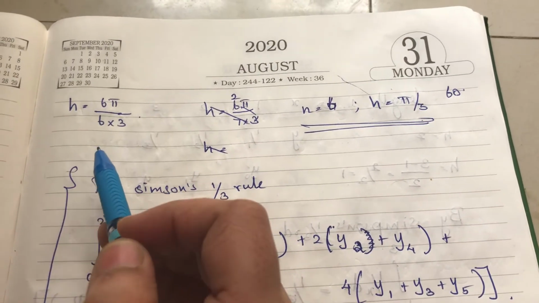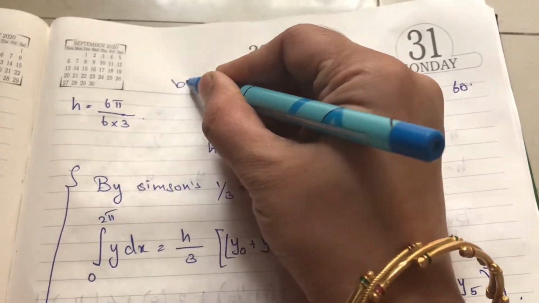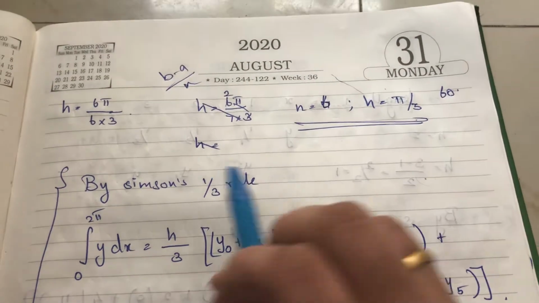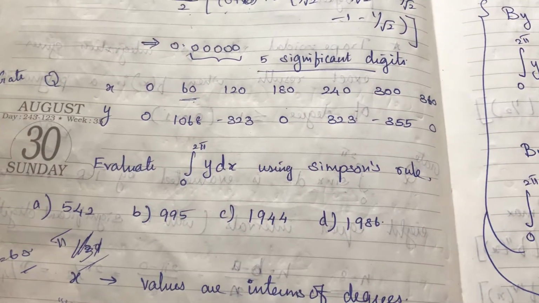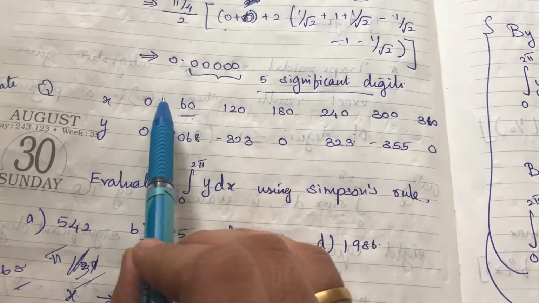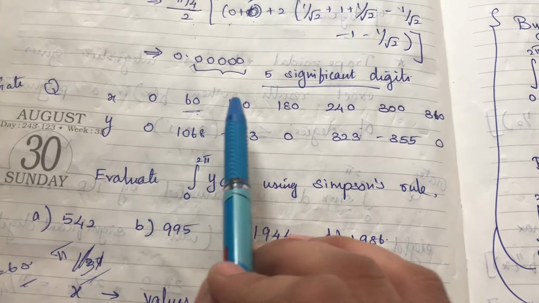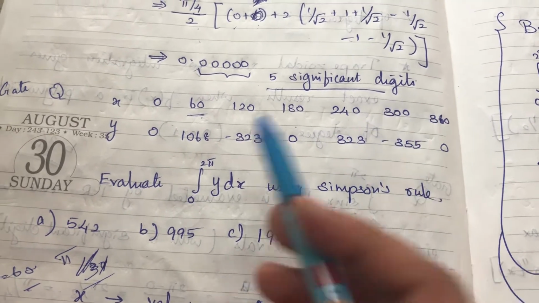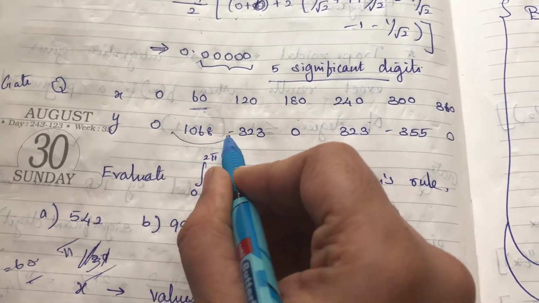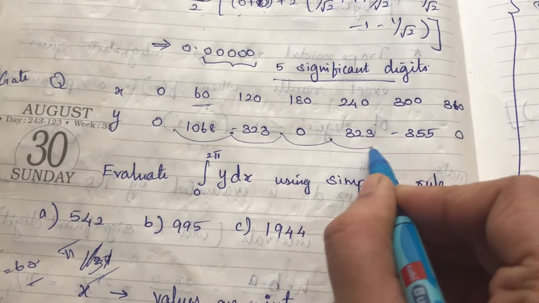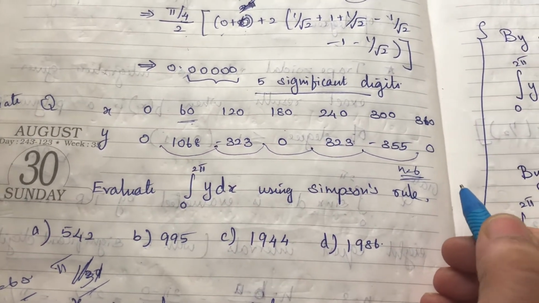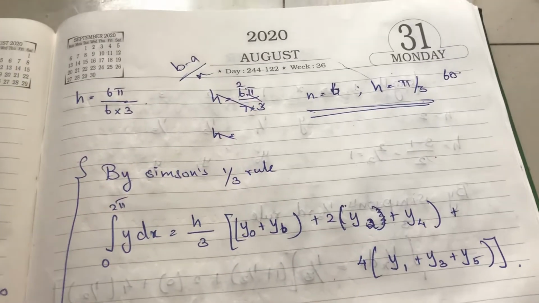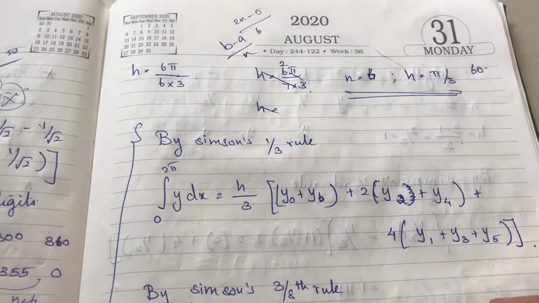But we can also use the formula, B minus A by N. So just substitute all the values here. And here the N is 6 gaps, like 1, 2, 3, 4, 5, 6. So how many gaps are here? 1, 2, 3, 4, 5, 6, right? So N is 6. So we need to find the gaps here. Don't add the numbers.